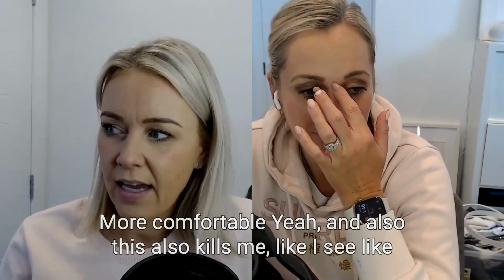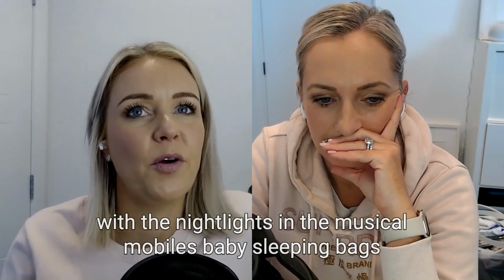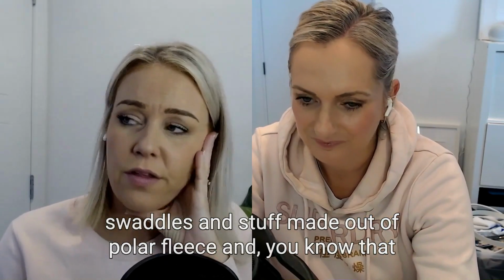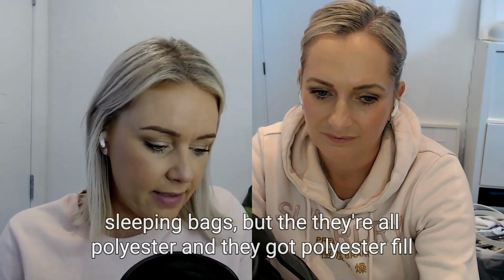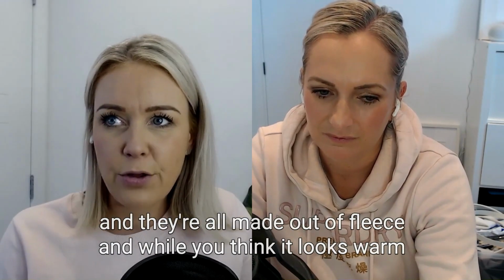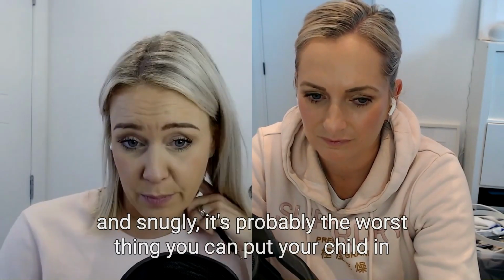More comfortable, yeah. And also, this also kills me. Like I see, like with the night lights and the musical mobiles, baby sleeping bags, swaddles and stuff made out of polar fleece, and you know that there's these sort of puffy sleeping bags, like duvet weight sleeping bags, but they're all polyester, and they've got polyester fill, and they're all made out of fleece. And while you think it looks warm and snuggly, it's probably the worst thing you can put your child in,